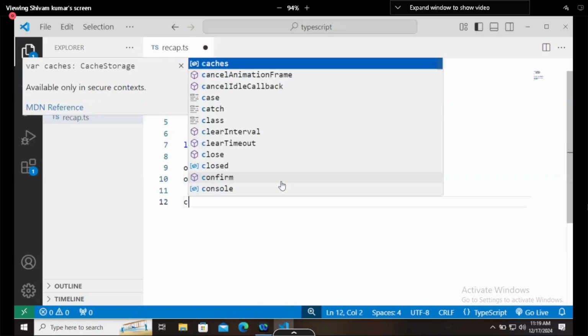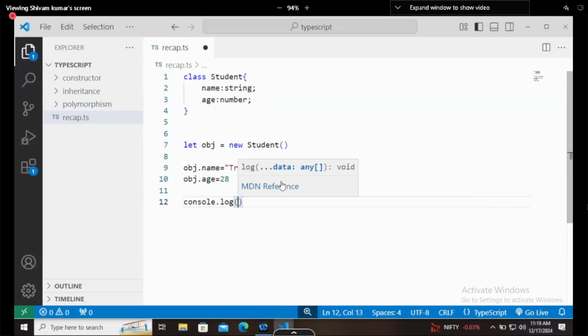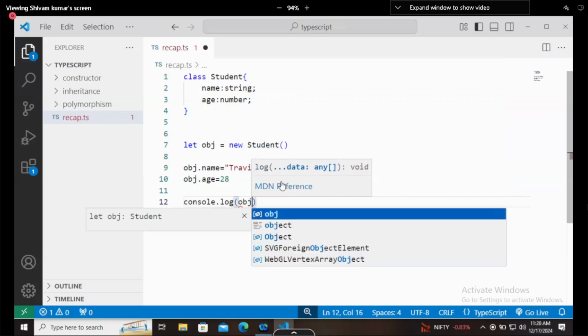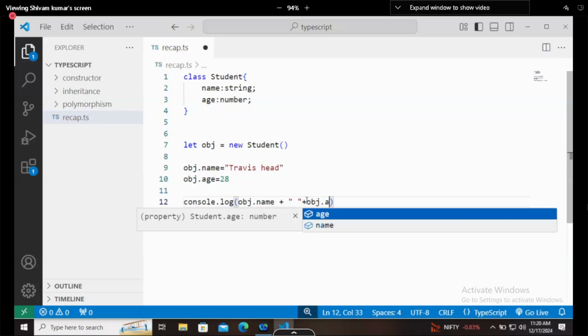Now we will try to print these values. So console.log, inside this, object.name, and then after a space, object.age. This is what we are trying to do here.